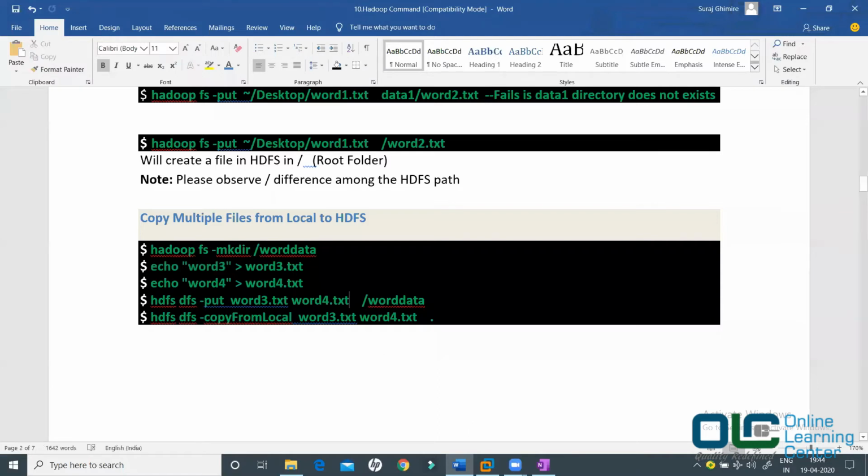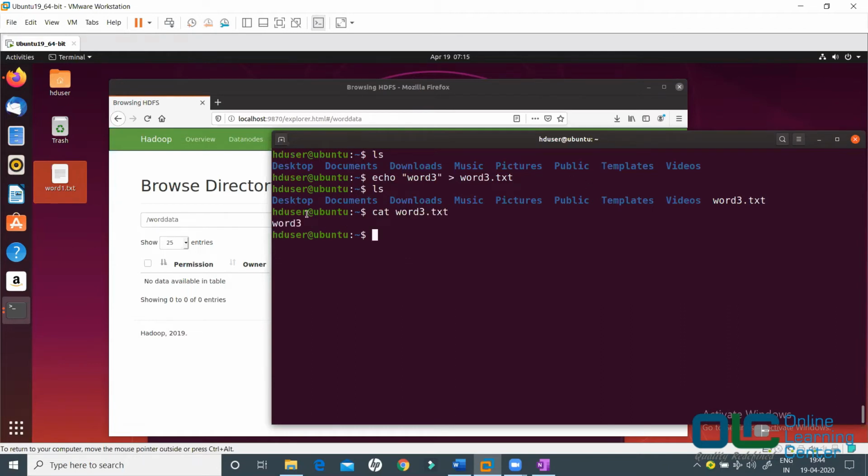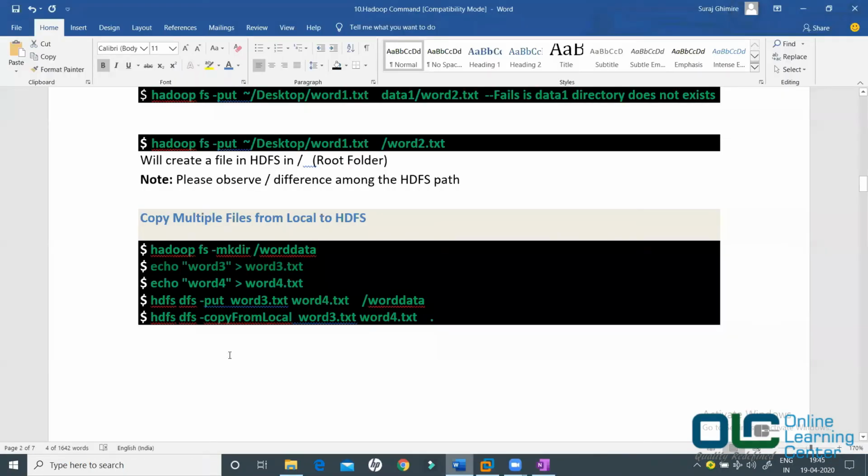So you can do something like this. I'll say copy, and let me go back to this place and say paste. Okay, so what it has done is it has created a file. ls. It has created a file called word3.txt, where if you say cat word3.txt, then you get word3. I've just inserted some word inside that. Really does not matter.